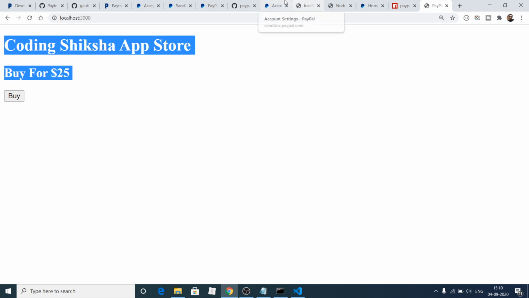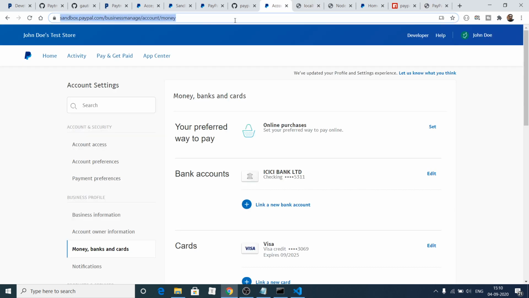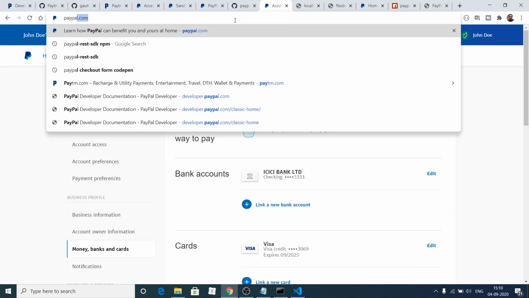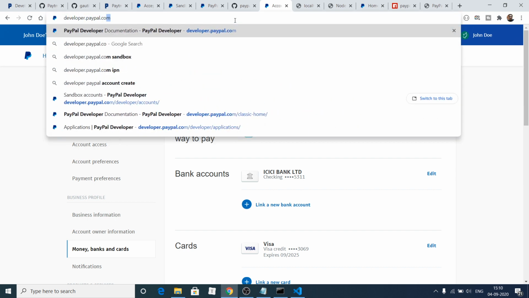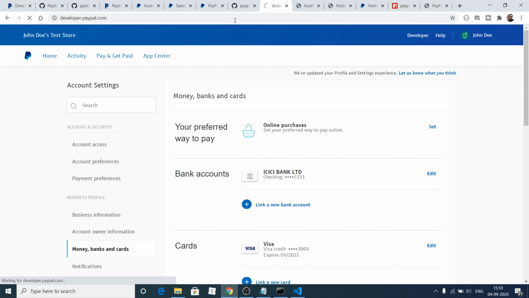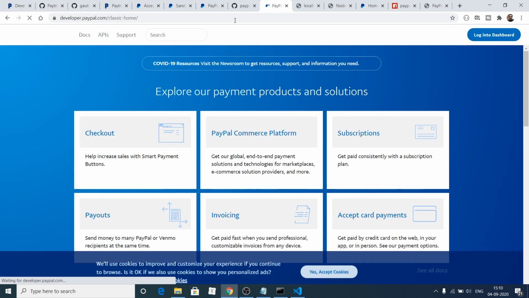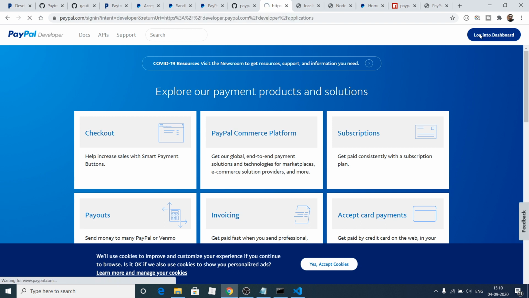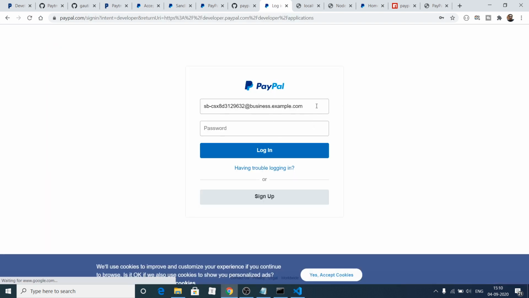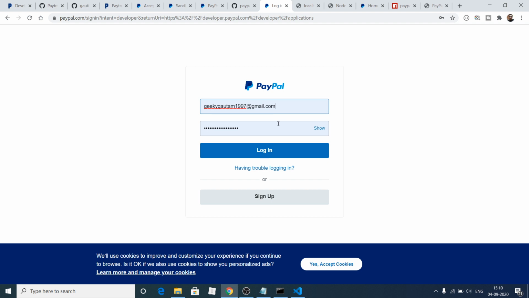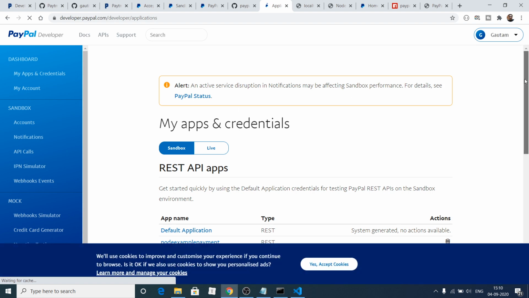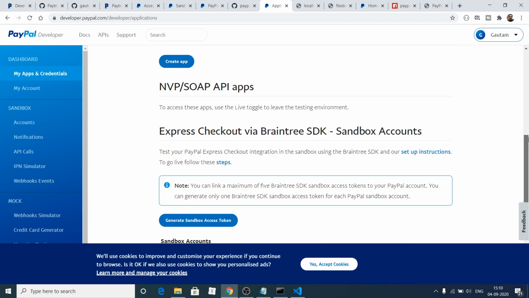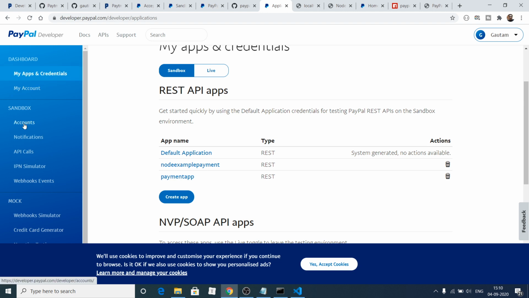So for creating the client ID and the client secret, first of all you need to go to this website developer.paypal.com. So first of all you need to have a PayPal account. So click on this log into dashboard option, and here you need to log in with your real email and password. So let me just log in. So after doing this, we need to create a simple sandbox account.